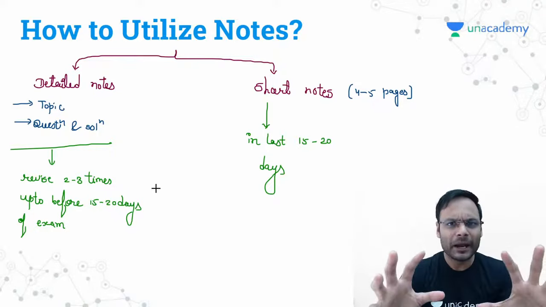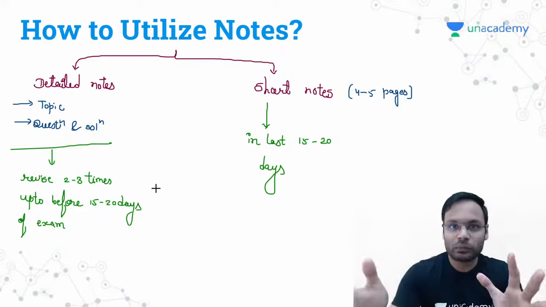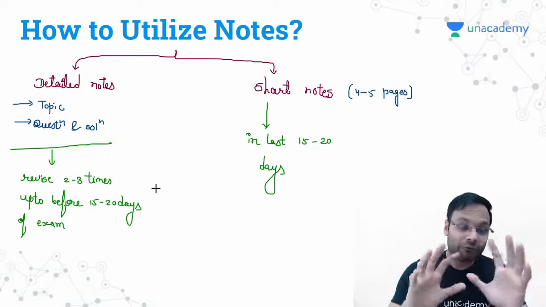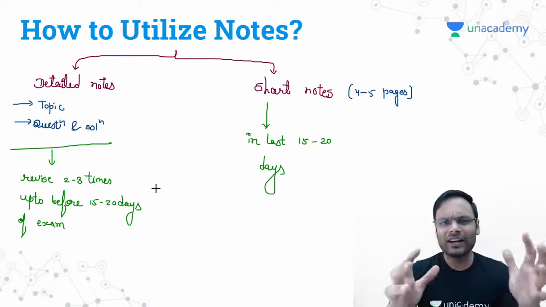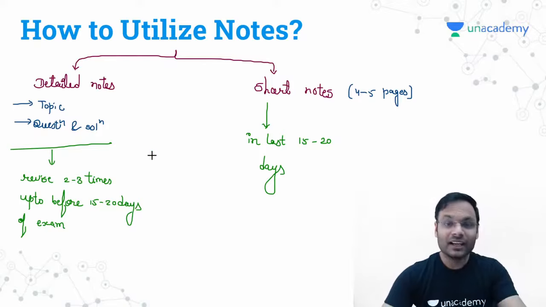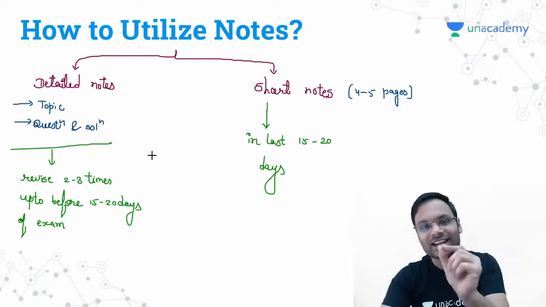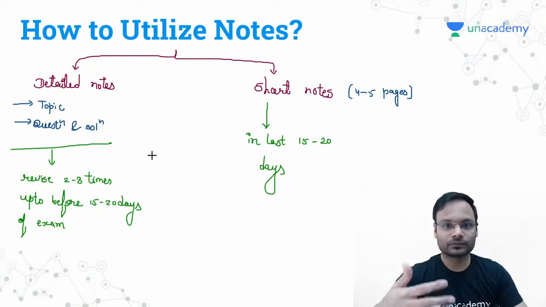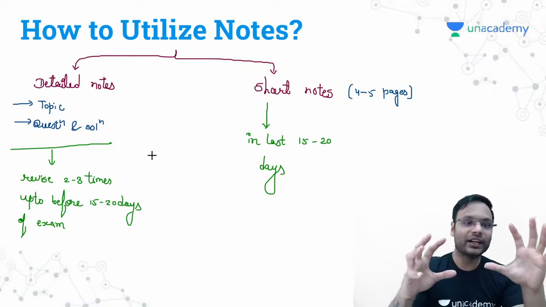It will hardly take 15 to 16 seconds to write one point. Such 100 points are there. Hardly half an hour or 1 hour, 1.5 hours in total, you will take from the entire course to prepare the short notes of that particular course, just because you have already written in these long notes. While revising the entire detailed notes, you find, okay, this is a good formula, let's write it in the short notes. You can write it and keep revising. So that's how you will utilize the short notes and detailed notes.